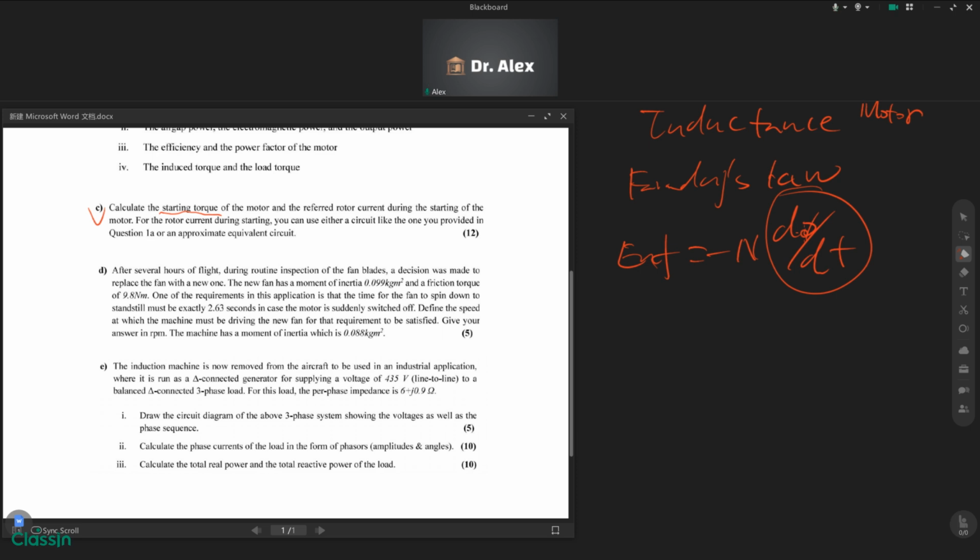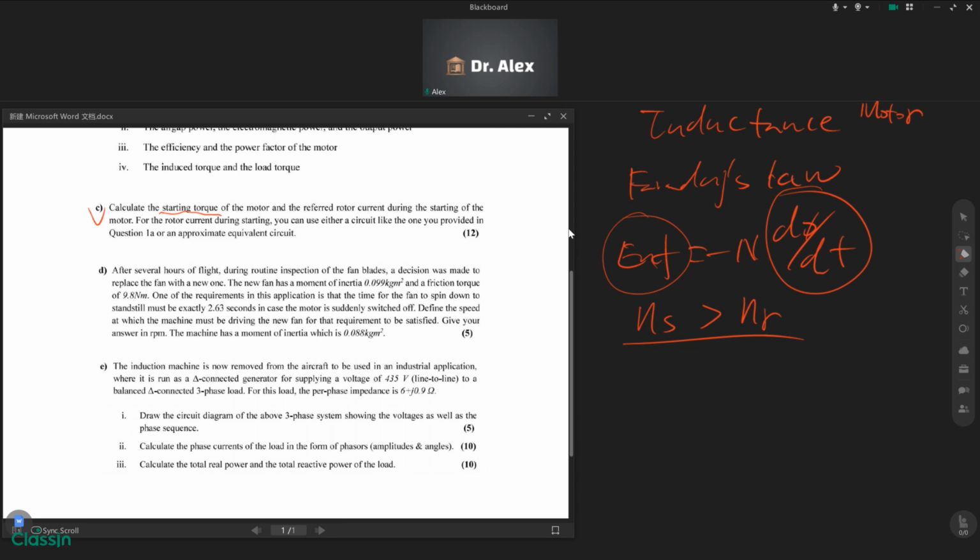That is the theoretical basis. So for our induction motor, the angular speed of the stator is larger than the angular speed of the rotor. So the speed difference between these two parts will generate the